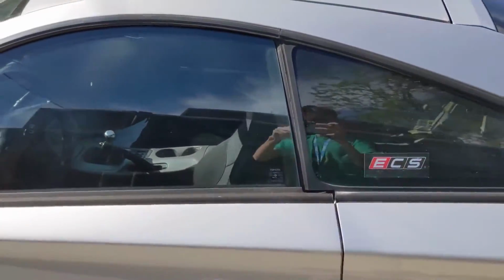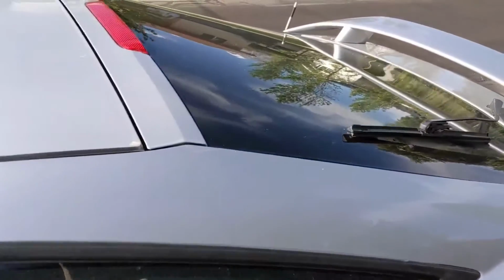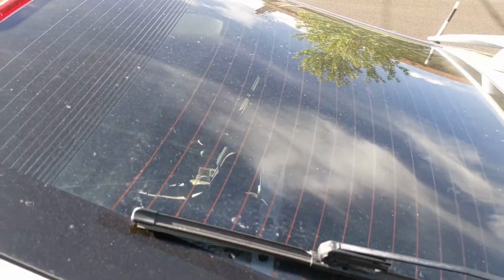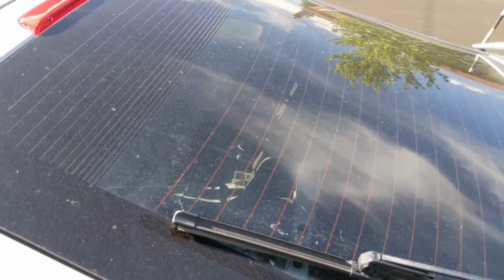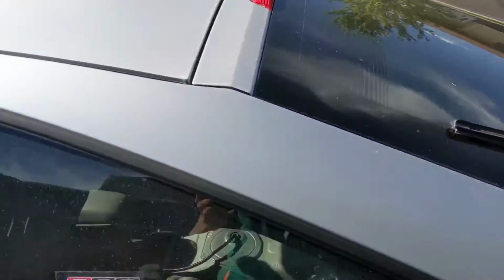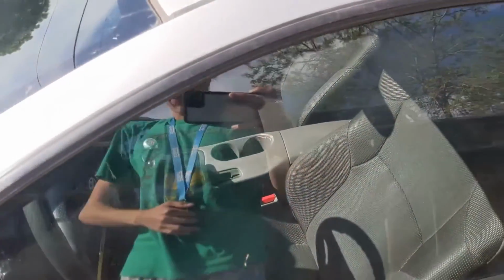The car also came tinted. I think these are like 30%, so I really don't know. And then in the back, legally in Utah you can do 5%, but I think this is also like 30%. I hate how bright it is in there. My old car was blacked out as dark as you can go in the back. For Utah's 5%, and then I think up front it's 35%, and so maybe I'll do that someday,